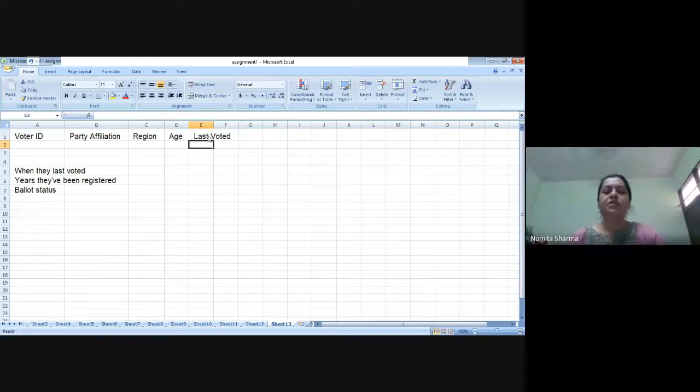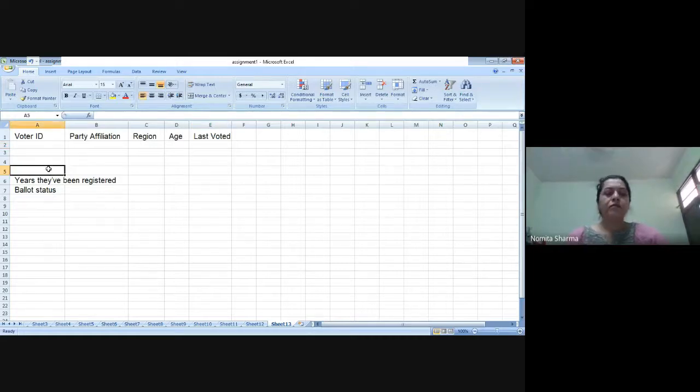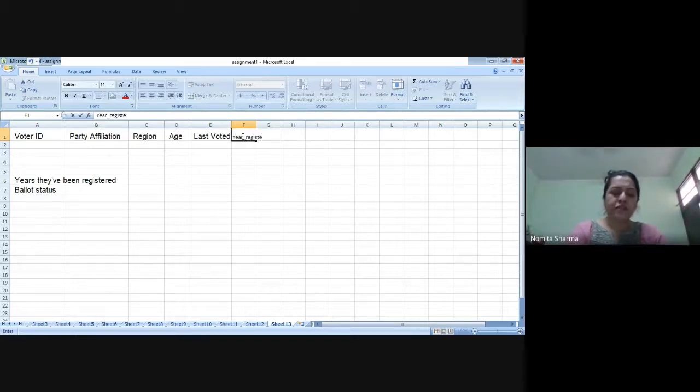Last voted. In this you have to write the year when the elections were conducted. And the year they have been registered, so we can simply write year of registration. Spelling mistake is there.